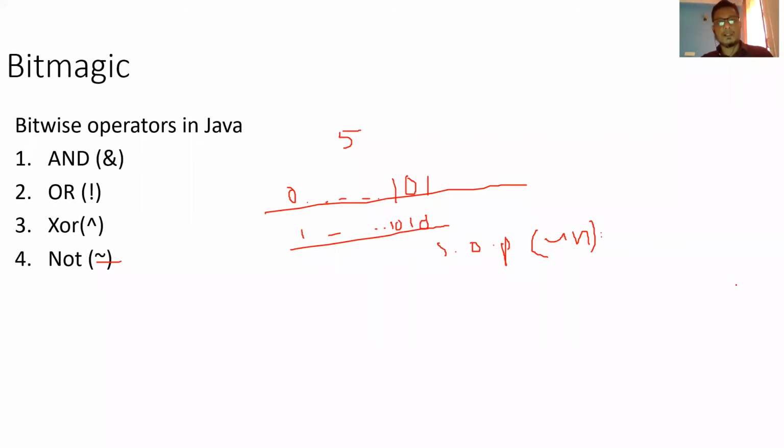And I think the intention was to help people to clear the interviews. And these are all very standard questions being asked in the interviews. So there are definitely real life examples, people who are very good in bitwise operations, so they try to do that.